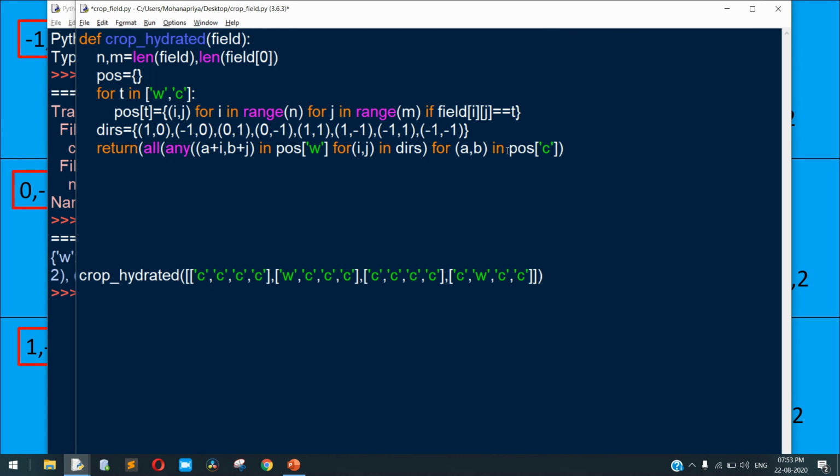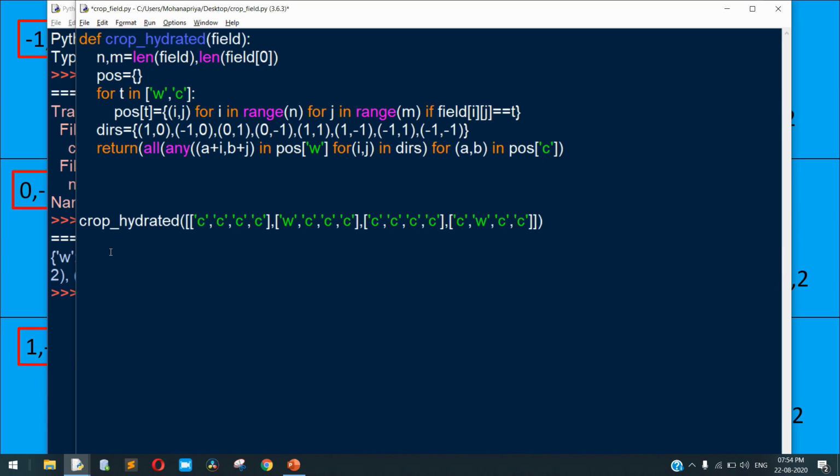So this is the position of C crop field, and these are the 8 tiles which are around that particular crop field. So if any one of these contains the water source means it returns true. If all the crops contain trues, that is all, it returns true, otherwise it returns false. So as we seen just now, the result of this is false.